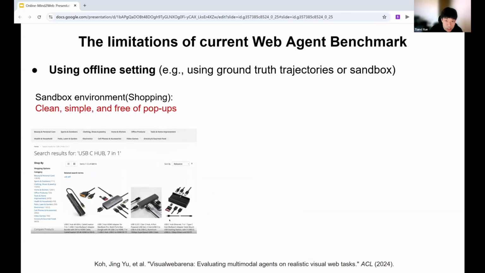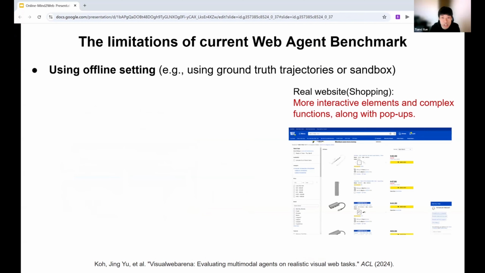complete the task. In contrast, real-world websites are much more complex, with more advertising and functions that significantly increase the interactive elements. Also, real websites usually have pop-ups, which can cause the agent to get stuck.